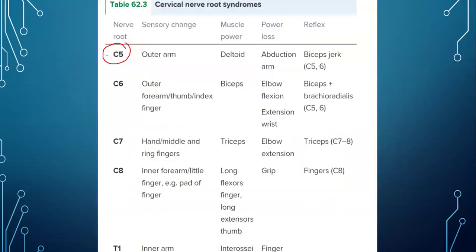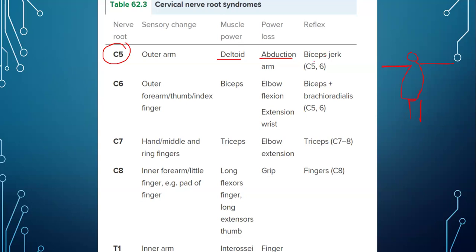If a patient has C5 nerve impingement, their main pain will be in the deltoid area, right? And this deltoid muscle mainly helps with abduction of the arm. So patient will have difficulty with abduction. Abduction is moving the arm out to the side,